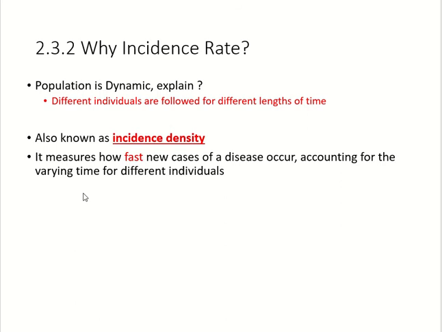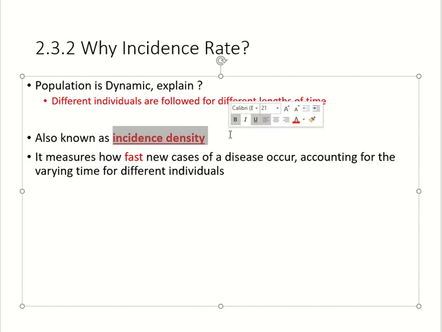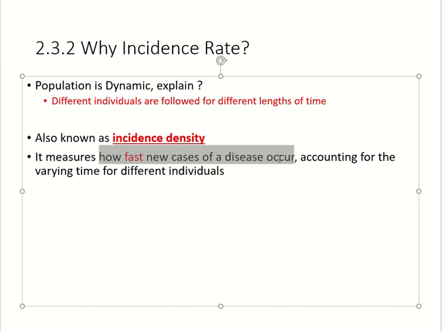Remember, when we were talking about cumulative incidence, we said that a very important concept is that the population has to be the same population. However, this is not always feasible, and therefore we need to do something else, and that something else is the incidence rate. Also, we call it the incidence density. The concept that it measures here is how fast new cases of a disease are occurring, accounting for varying time for different individuals. Whereas the cumulative incidence tells you the risk,